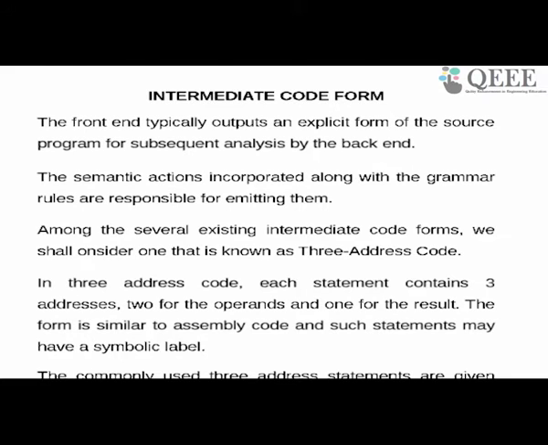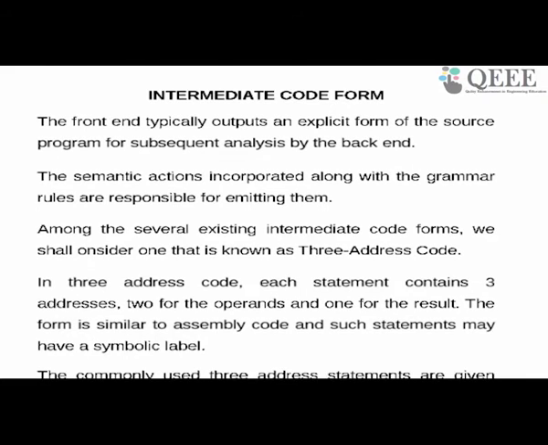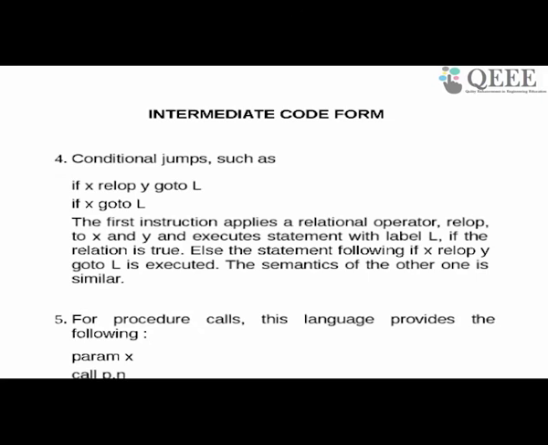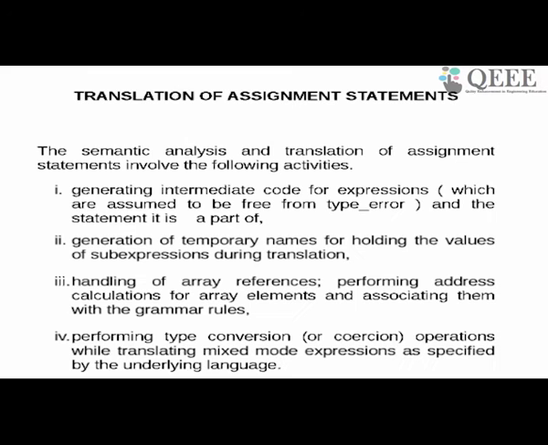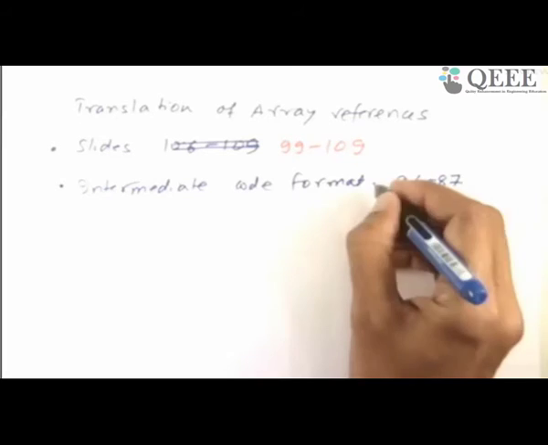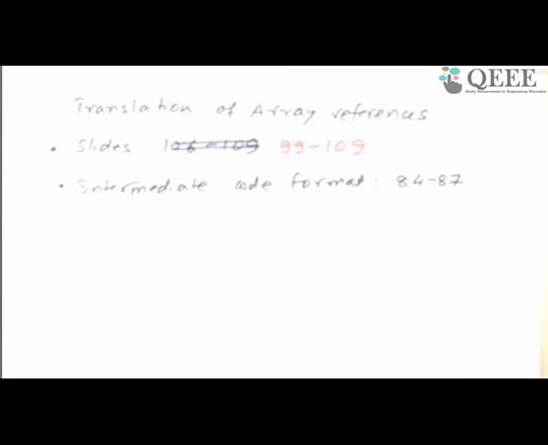So from 85, it is just a description of what kind of code you are allowed to write. So 85 to 87 is intermediate code. This is the intermediate code format, 84 to 87. Read this also. This is what I have used throughout. There's nothing to explain. That is given as the language through which you have to generate code.